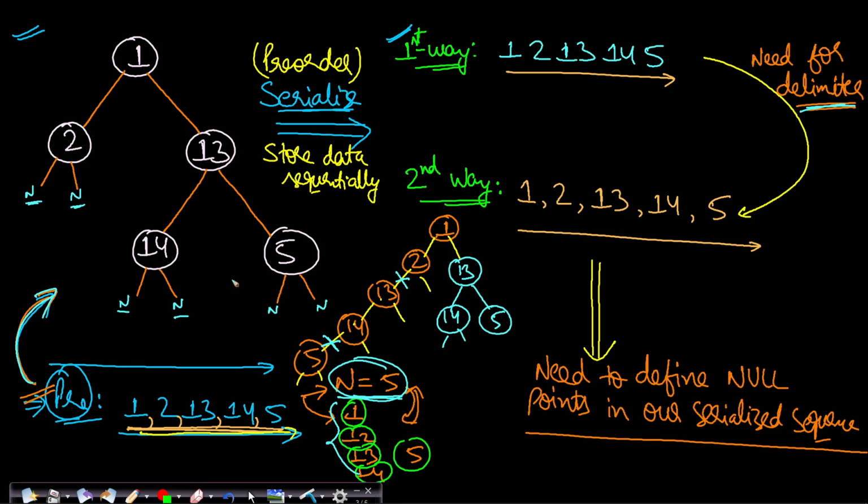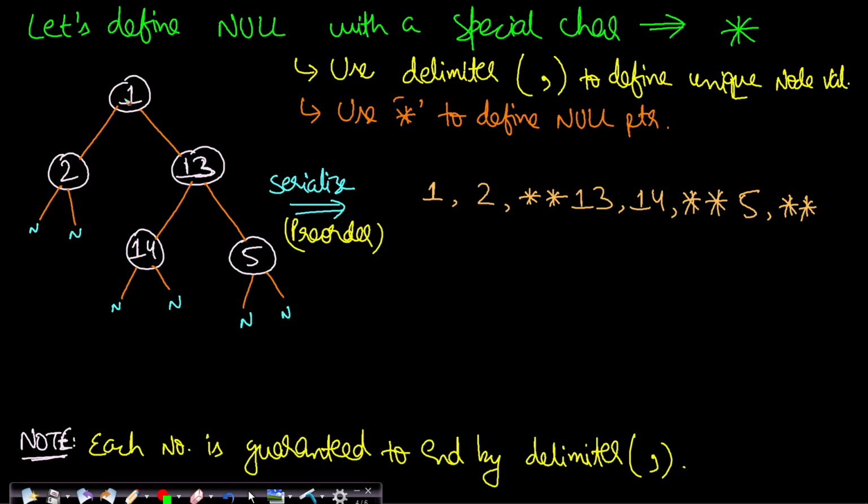Now the second thing you need is, even though you know the number of nodes and all the unique values of the node, you have to track the null pointers. Null pointers, that means you have to track the leaf nodes and the non-leaf nodes. And if the left pointer is null and the right pointer is not null and all those things. Okay, so all the information about the null pointers, you have to track them out. So in order to track the null pointers, we can use any special character in our traversal. Okay, so let's see how the serialization can be done.